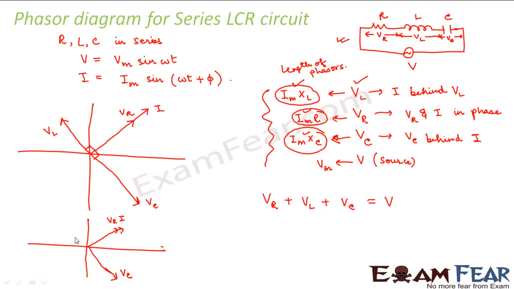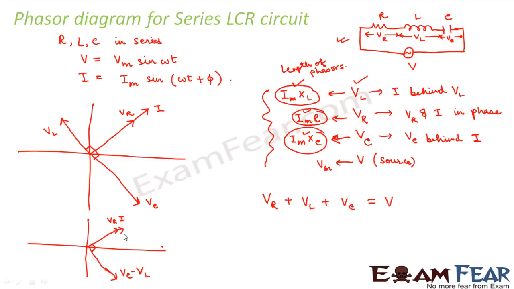Now, since VC is greater than VL as far as the magnitude is concerned, VC will dominate. So we can say that this length is nothing but VC minus VL, because we are reversing VL from this direction to this direction. So instead of showing VL and VC in two opposite directions along the same line, I can display it as VC minus VL along one direction. So now this is VR and this is VC minus VL, that is 90 degrees.